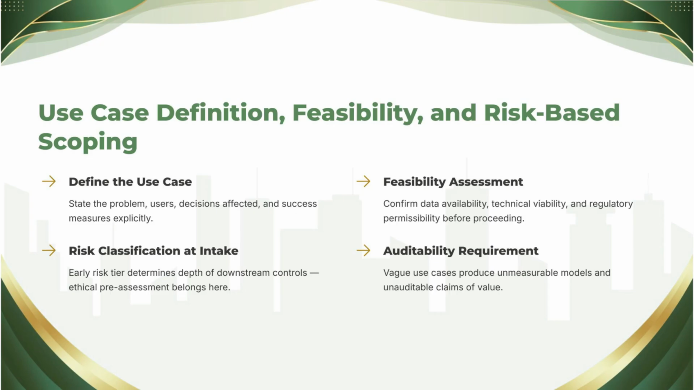Your audit test here is elegant. Pick one project and check the chain. Was it tiered? Was the tier justified? And did the project's actual controls match the tier? When a high-risk use case traveled through low-risk paperwork, someone chose speed over scrutiny, and that choice, with its owner,